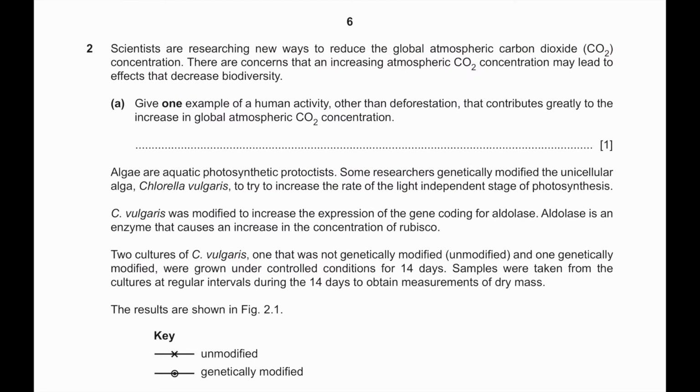Question number 2. Scientists are researching new ways to reduce the global atmospheric carbon dioxide concentration. There are concerns that an increasing atmospheric CO2 concentration may lead to effect that decrease biodiversity. Give one example of human activity other than deforestation that contributes greatly to the increase in global atmospheric carbon dioxide concentration. So basically any point such as industrialization